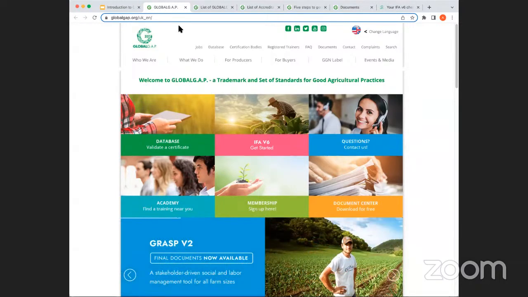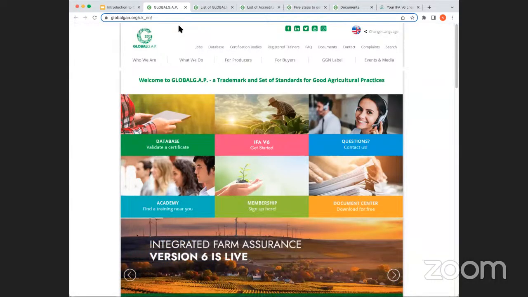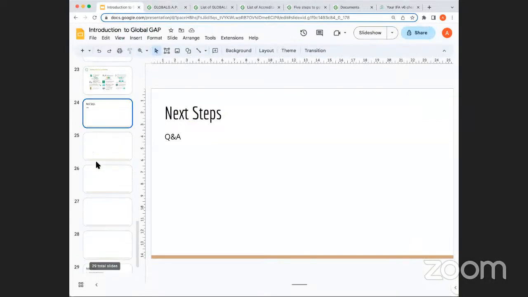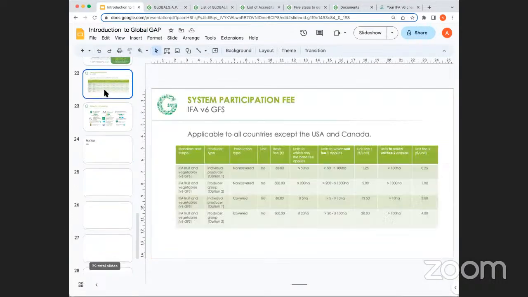Then I wanted to understand what is covered versus uncovered. I think it was the second last slide. Yes, covered versus uncovered. What are the exact